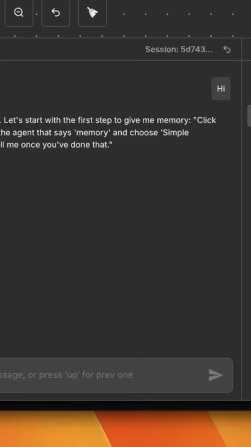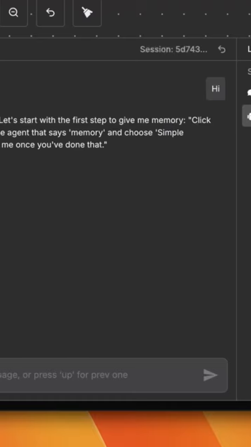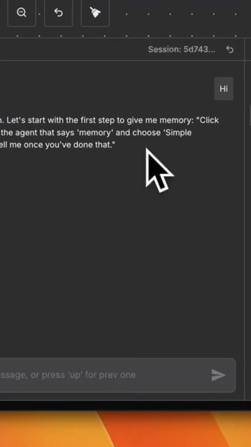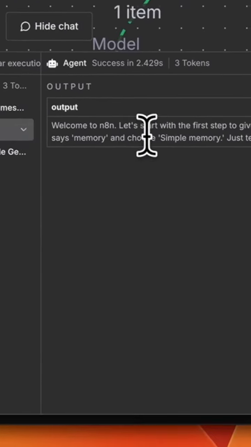All right, and now it uses the Google Gemini chat model to guide us through adding memory to our agent. So let's do what it's saying. It says welcome to n8n. Let's start with the